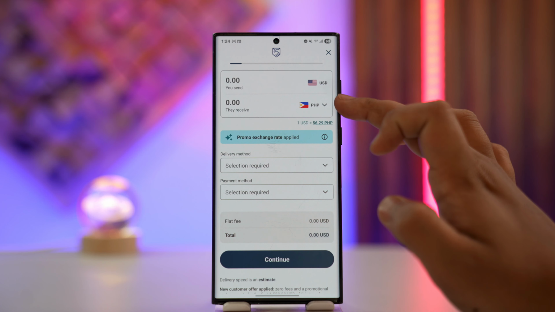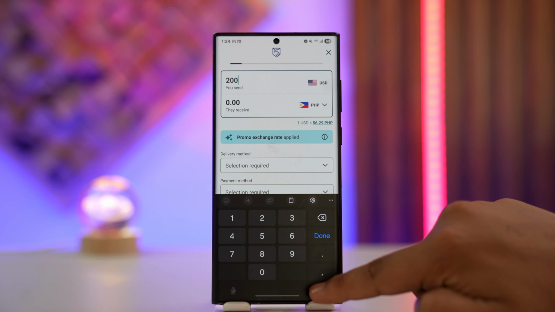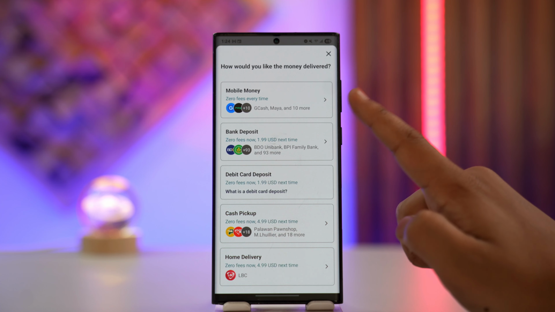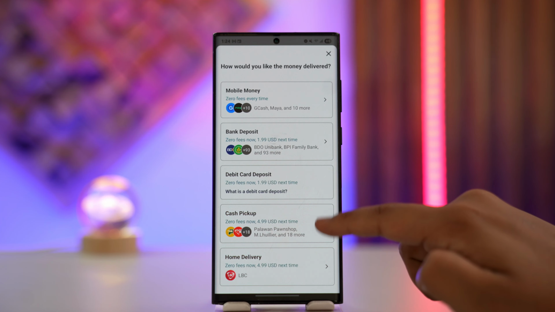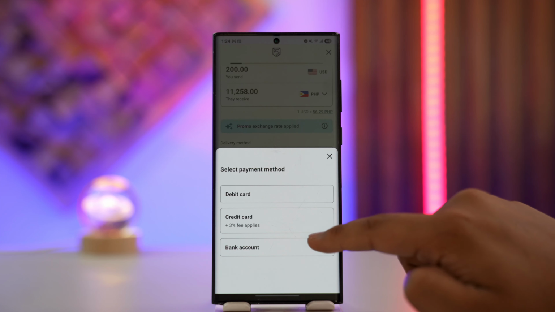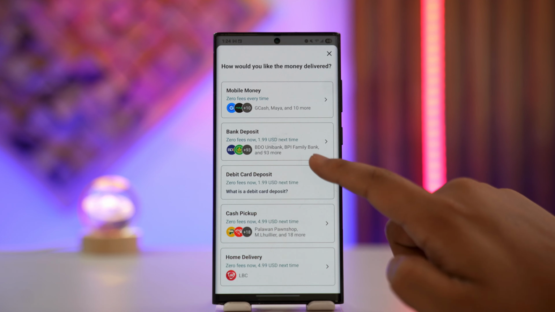Select from which country to which country you want to send, and also make sure to enter the amount you wish to send. You can choose a delivery method like mobile money, bank deposit, debit card, cash pickup, or home delivery. After that, you can also choose a payment method. So tap on it, and select debit card, credit card, bank account, whichever else you want to select